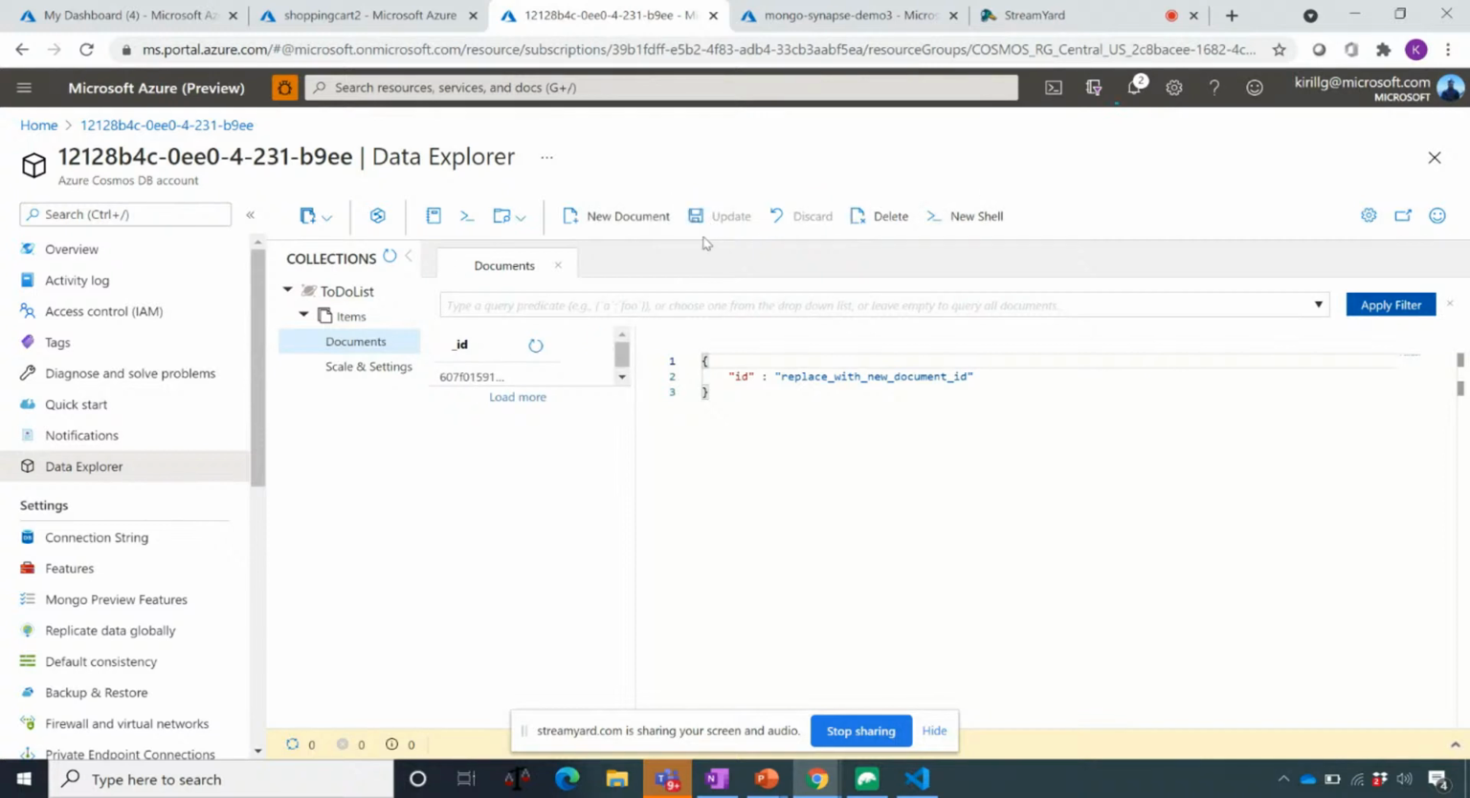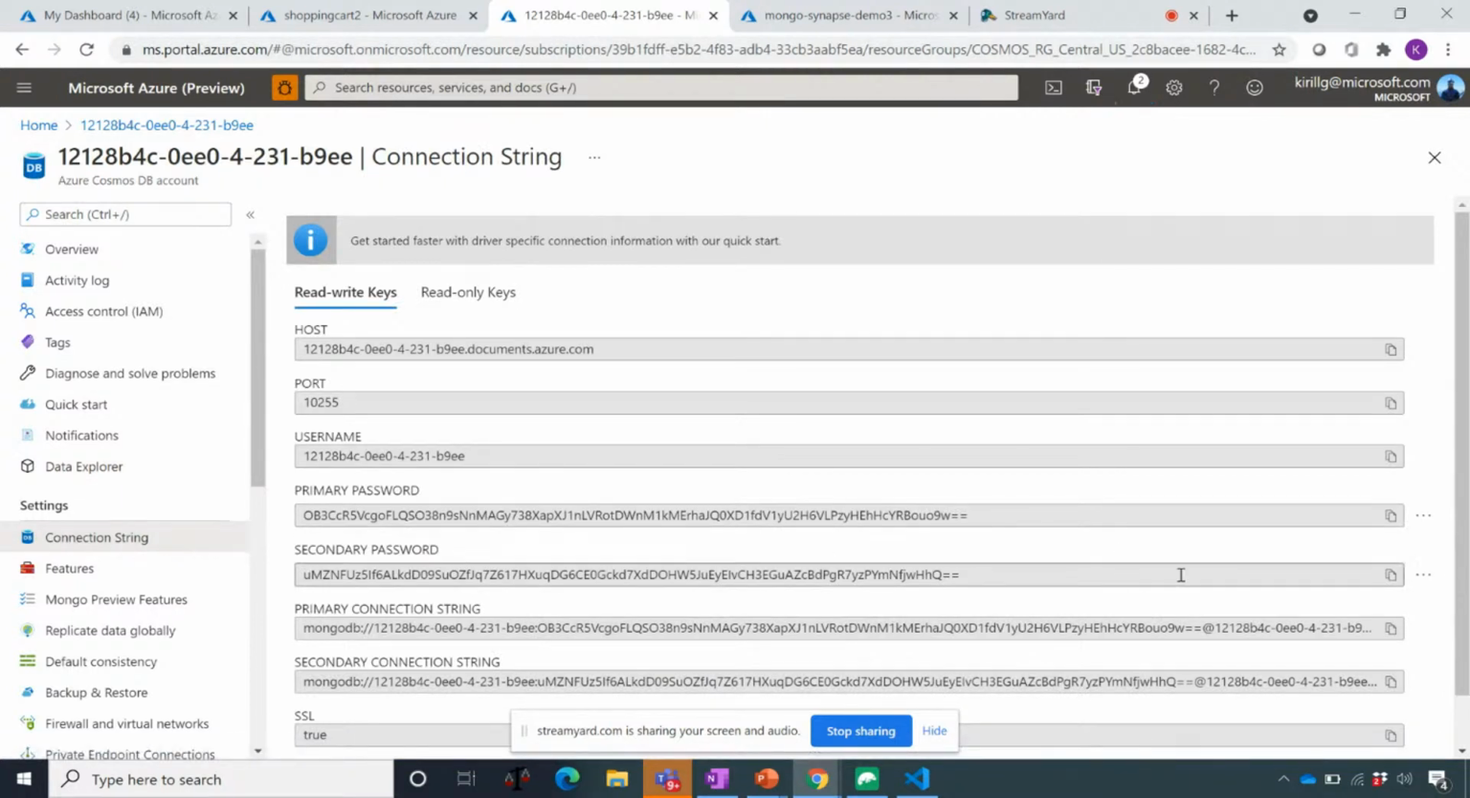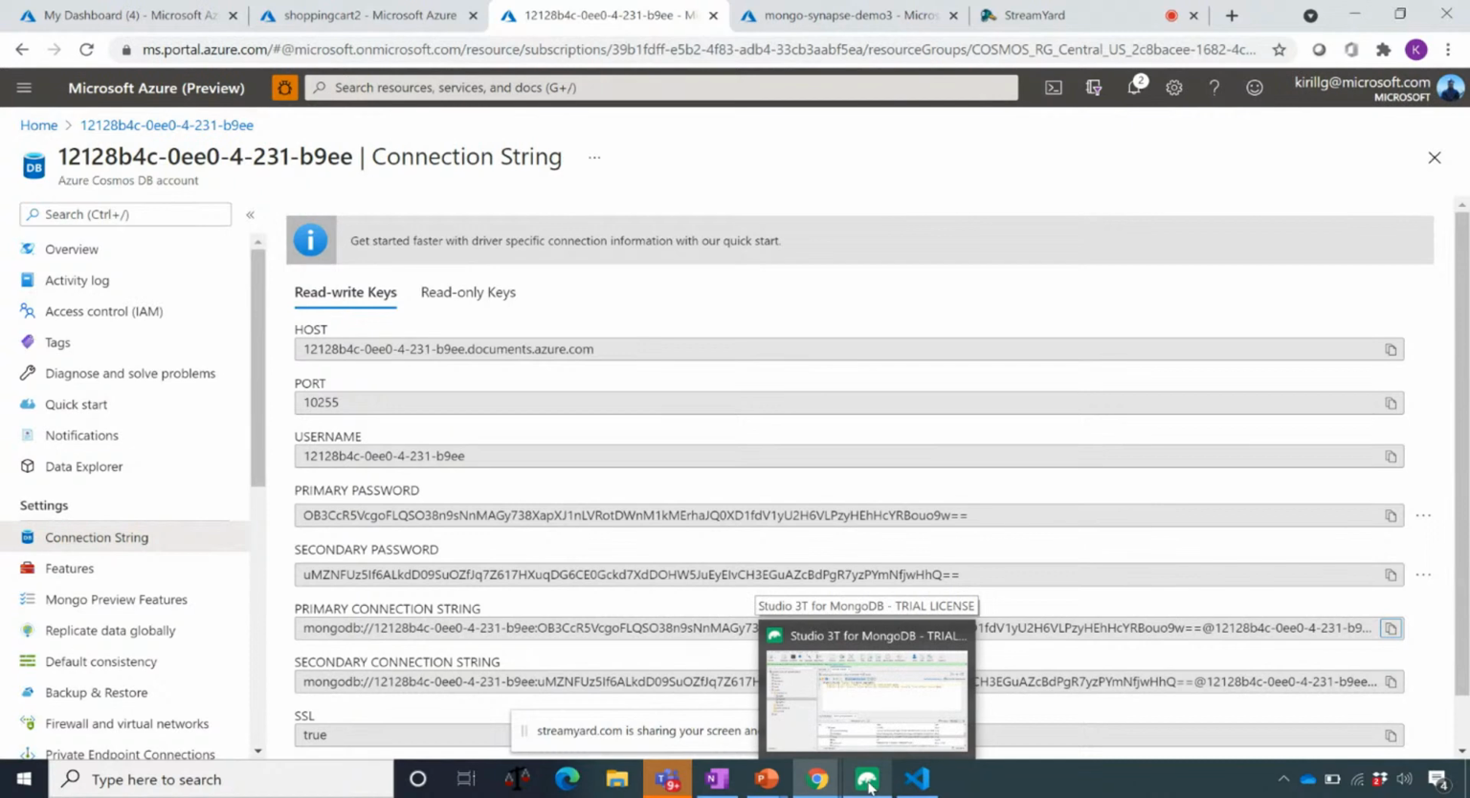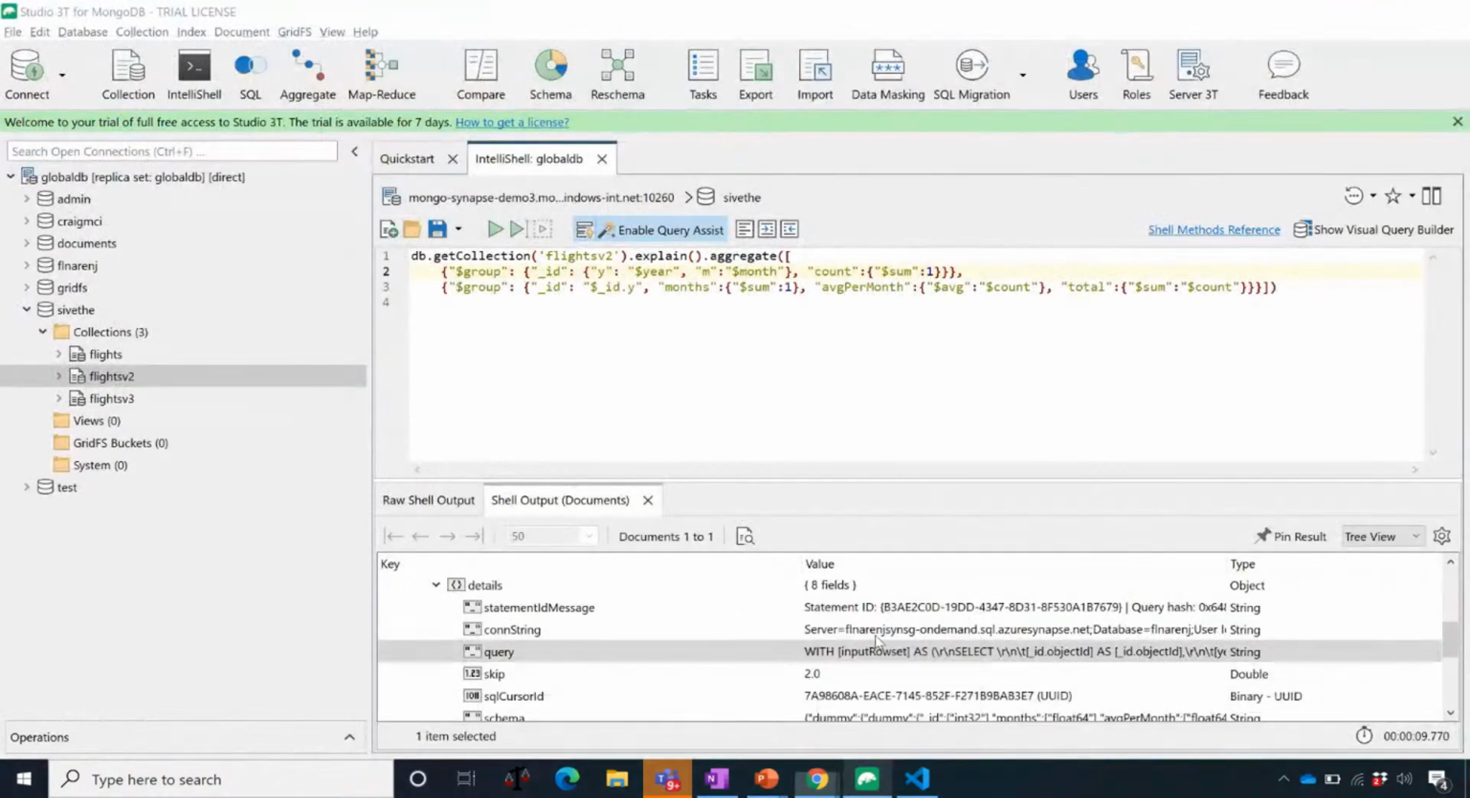Save, etc. Now, this is a MongoDB database. It's just better, right? I can work with it as a MongoDB database. That's the whole point of it. So let me go to the connection string. Let me take this connection string from here, and walk over to one of the popular MongoDB tools